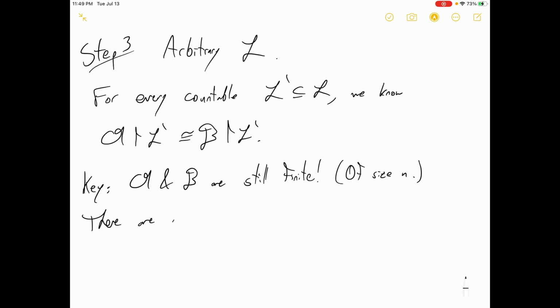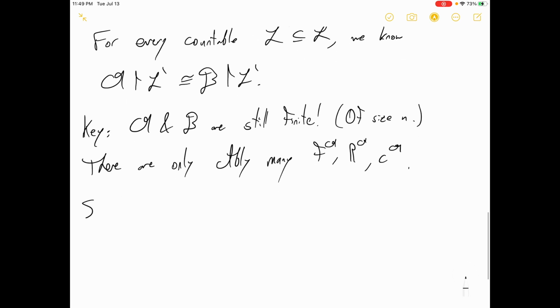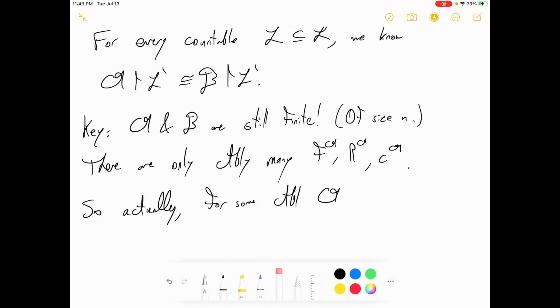There are only countably many interpretations for function symbols, relation symbols, and constant symbols. So actually, for some countable L prime,